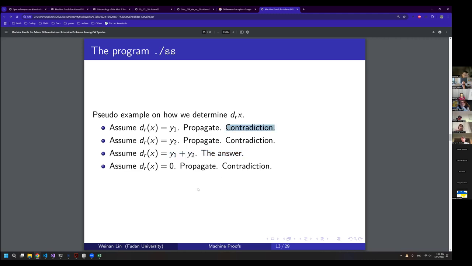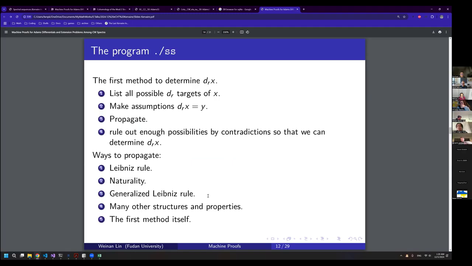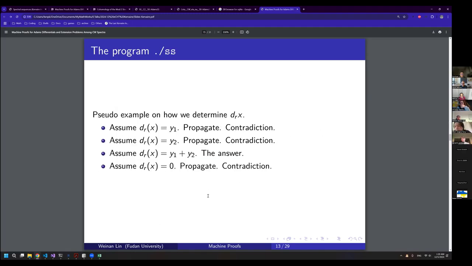And how do we get contradictions? The answer is that you just go ahead and add this differential, and use these slides. There's a rigorous way to add new information into the spectral sequence, and eventually you will reach something impossible: two elements could disagree in the E2 page already, and that's not possible. Two different elements in the E2 page should be different. Only E3 and E4 would have some